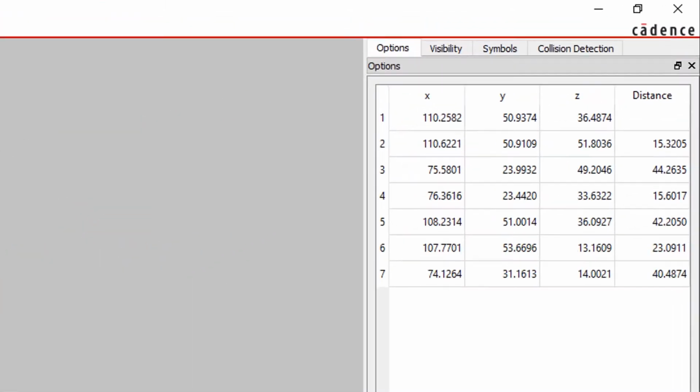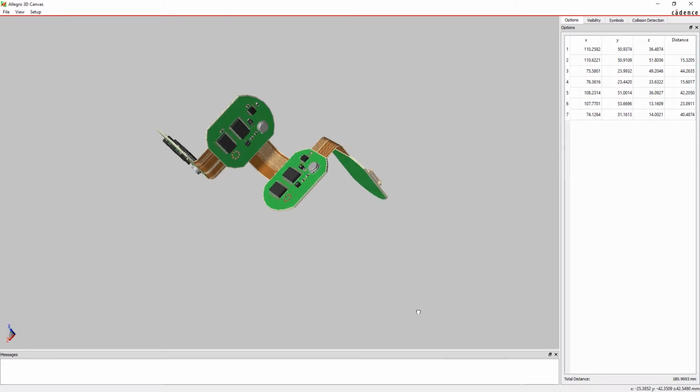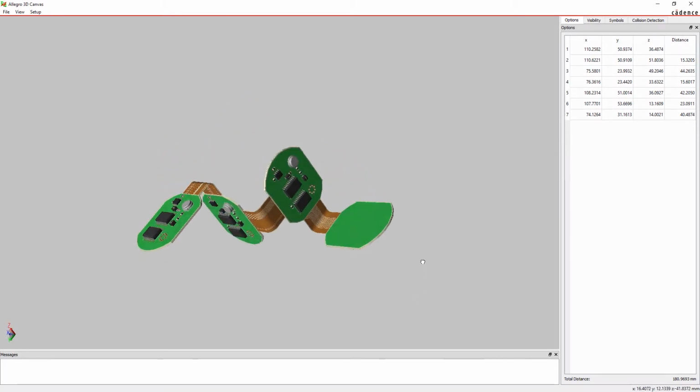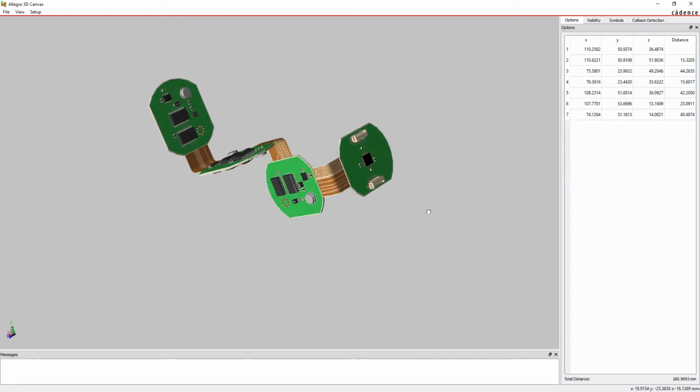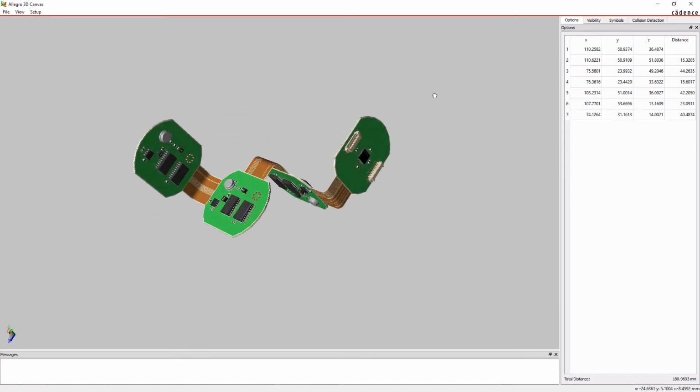You can measure distances on the X, Y, and Z axes. And sometimes, just seeing it isn't enough. The Measured Path command will help you get accurate and precise measurements to meet the strict requirements of dense and complex boards.